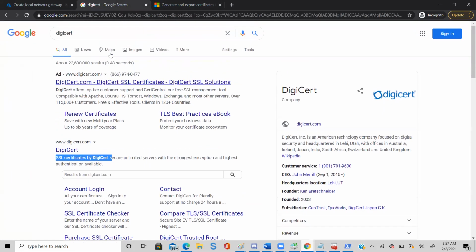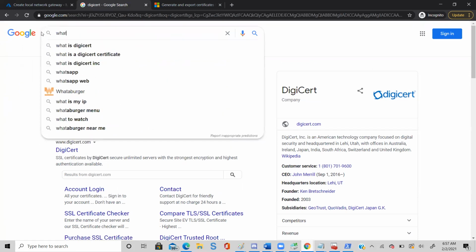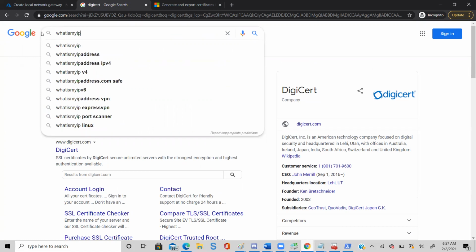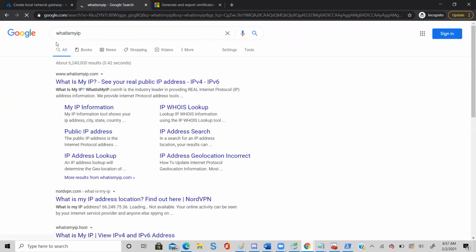So I am going to type what is my IP. It will give you your broadband IP.